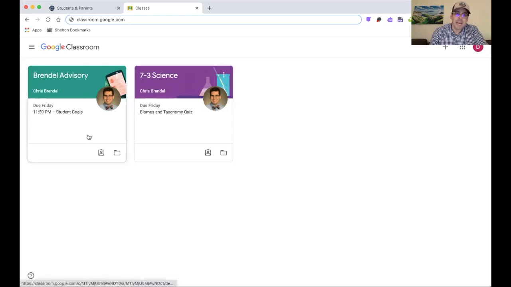And so these tiles are made up of three different parts. We have the banner and the quick view, and then we also have the ability to jump into a little grade book type thing if it is available by that teacher, and then also jumping into Google Drive. But before I jump into a classroom, I want to talk specifically about notifications,